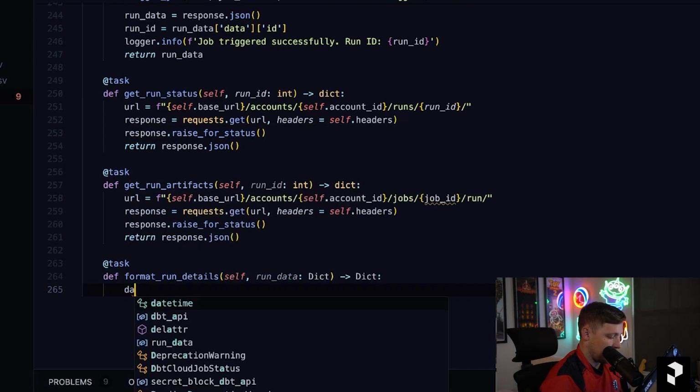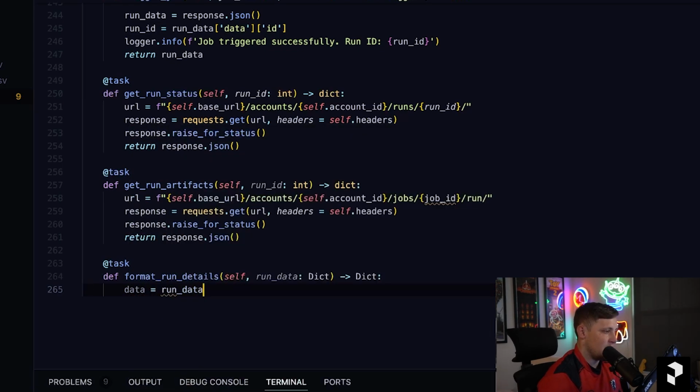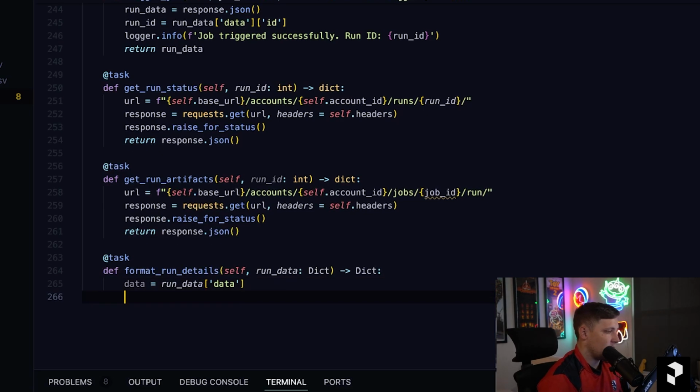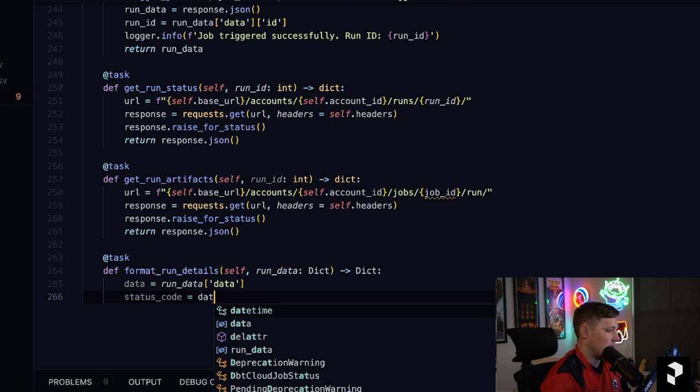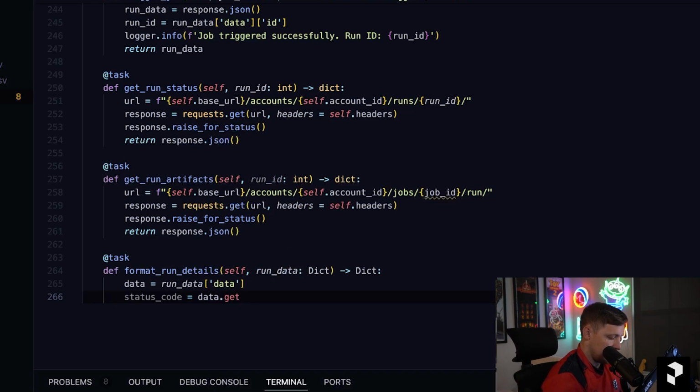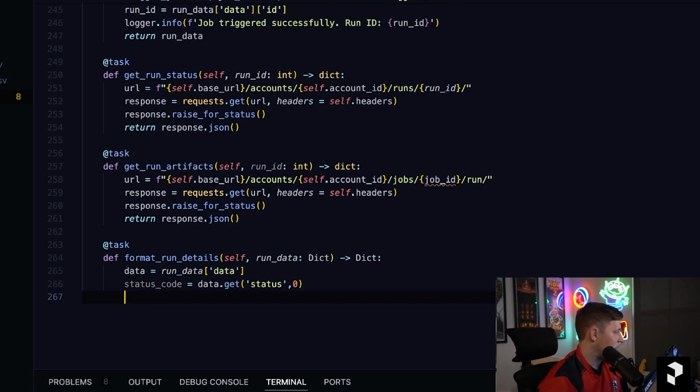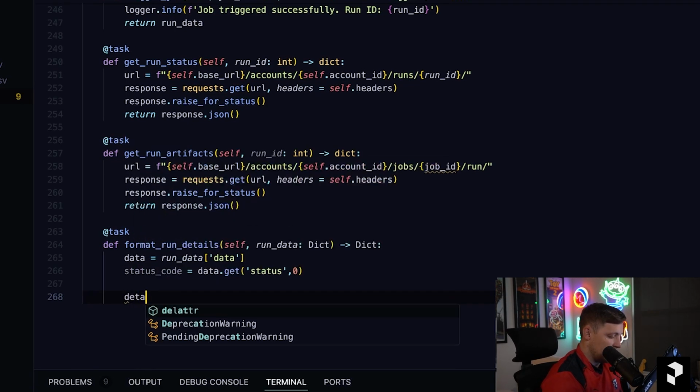So our data, we're going to do data is equal to run_data. Grab the data out of that. So that's perfect there. status_code is equal to data.get status. Get the element there. Perfect. And then with details,